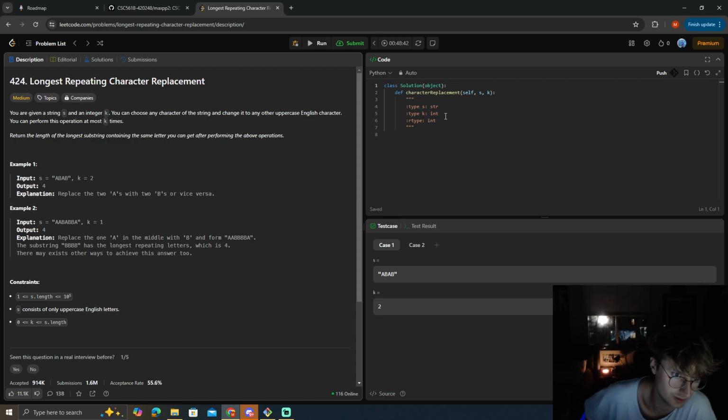Given a string S and integer k, you can choose any character of the string and change it to any of the uppercase English characters. You can perform this operation at most k times. Return the length of the longest substring containing the same letter you can get after performing the above operations. The longest repeating characters, which is 4, then